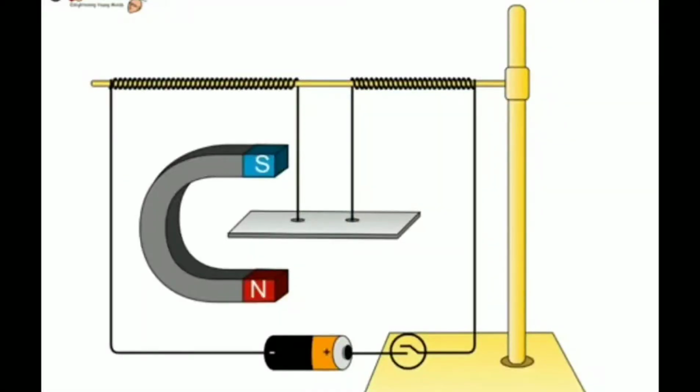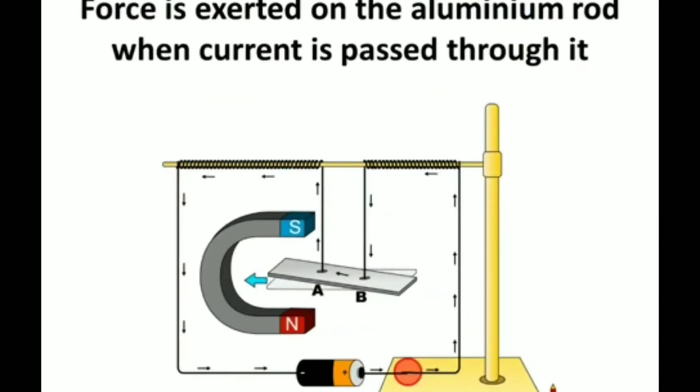Next is force on a current carrying conductor placed in a magnetic field. Since a current carrying conductor is also like a magnet, when it is placed in a magnetic field, it experiences a force. So here is an experimental setup to understand this. We have a light aluminium rod which has been placed within a magnetic field, and it has been connected to a battery so that it becomes a current carrying conductor. Now we'll observe when this current carrying conductor has been placed inside this magnetic field, which is created by this horseshoe magnet, this current carrying conductor will also behave like a magnet and it would experience a force.